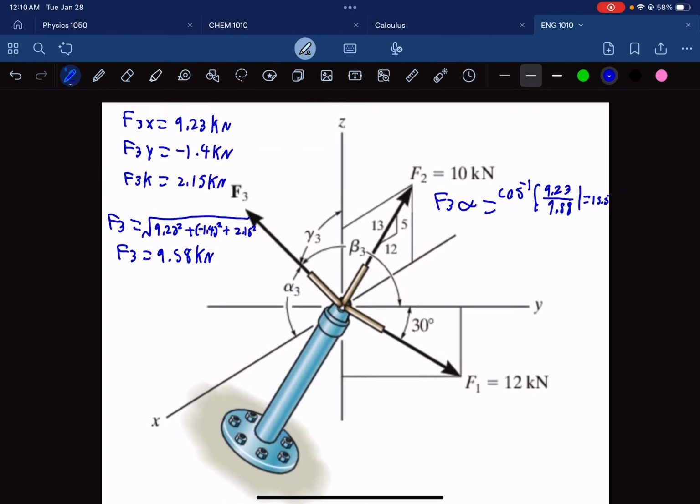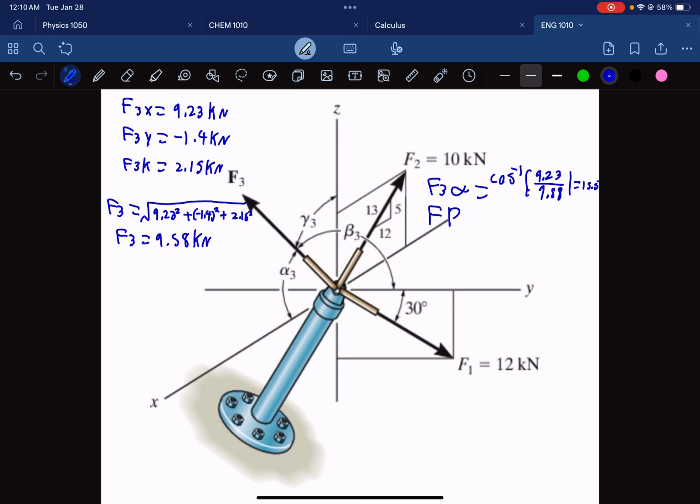And then now our F3 beta equals cos minus 1, should be inverse cosine, and it's going to be negative 1.4 over 9.58, which should equal 90 something. Let me just check for you guys, which is